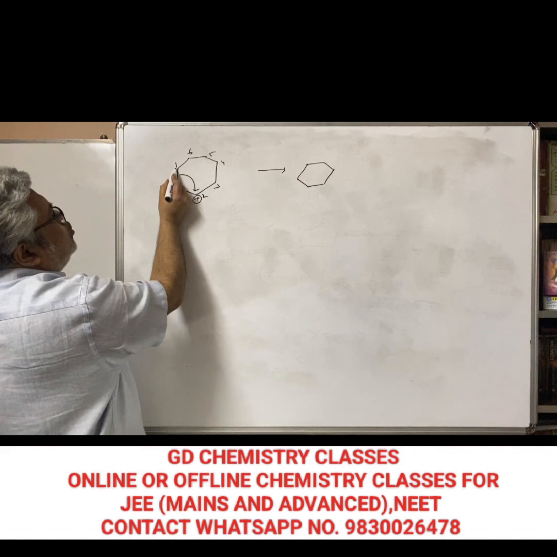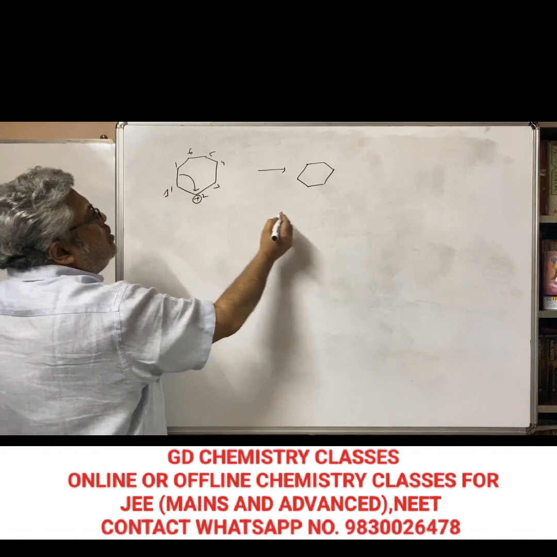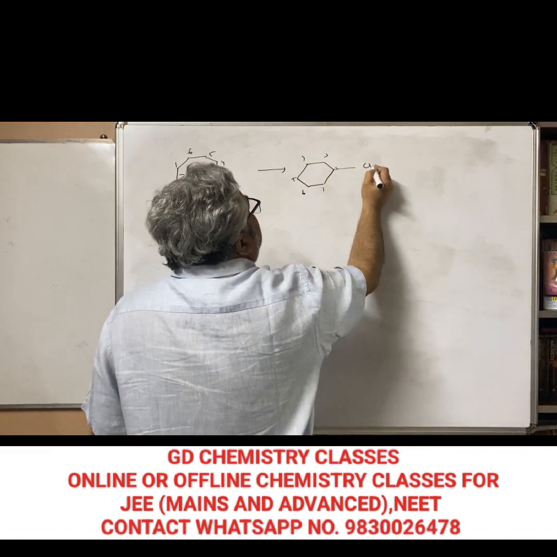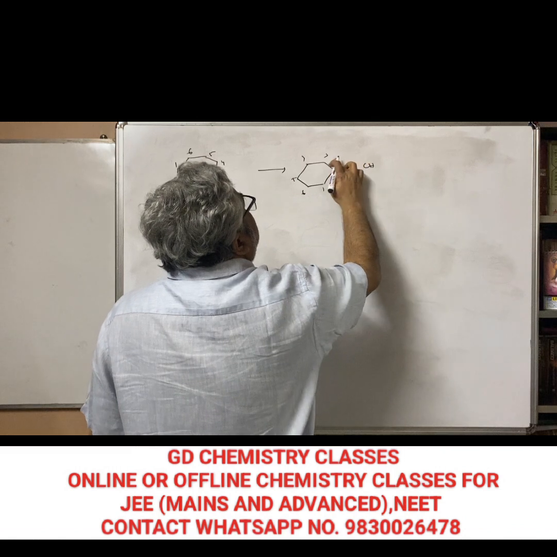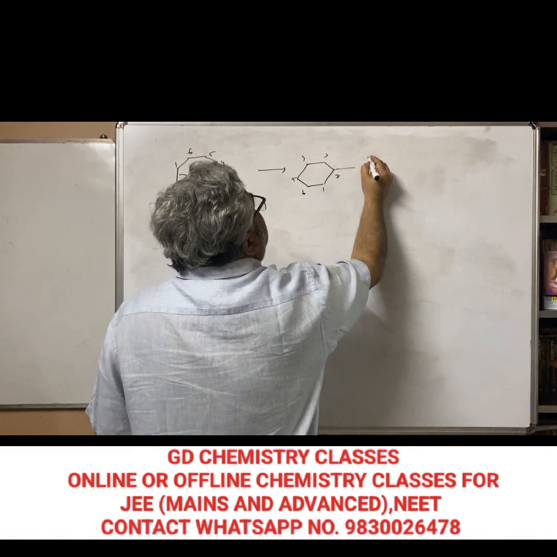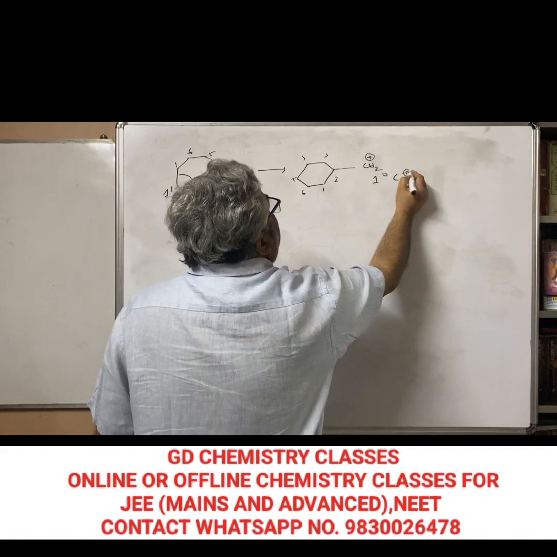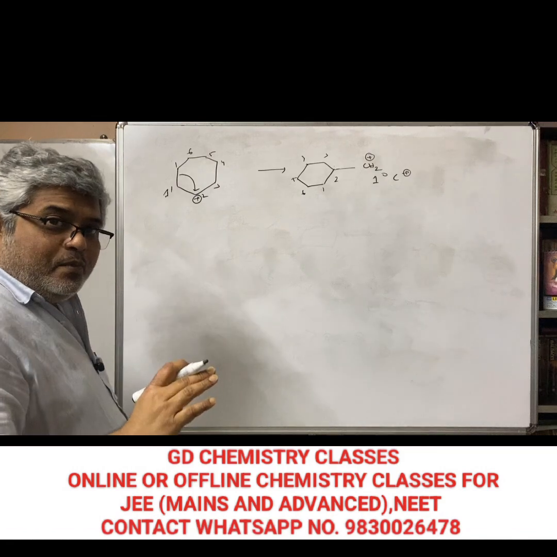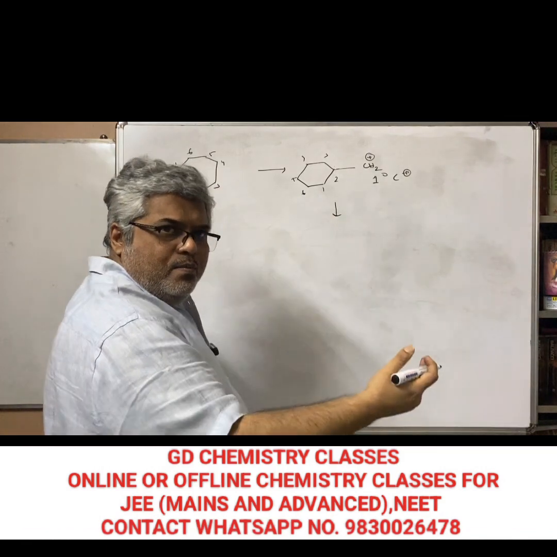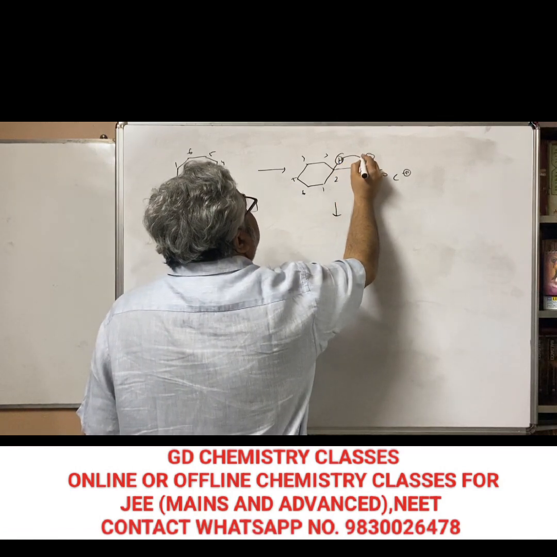Now this CH2 is not attached to 1, it is attached to 2, isn't it? I've broken this bond. It's attached to 2. So 1, 2, 3, 4, 5, 6, to this second carbon this is attached, which is our 1 degree carbocation. Now, this is a very important thing. You have to check whether I can get a more stable carbon. Here, now if we do a 1-2 hydride shift,